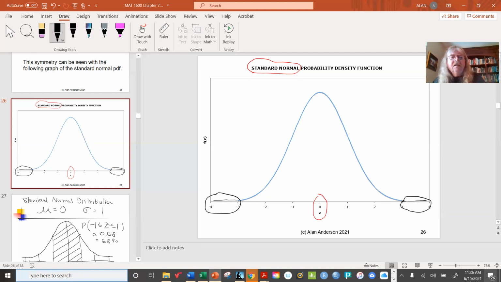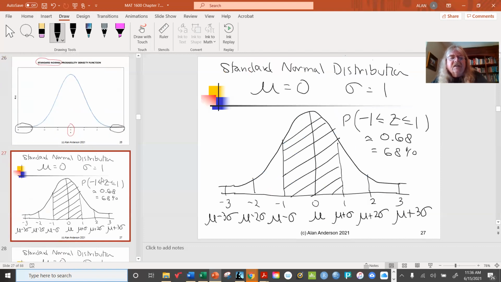All right, so based on the way this curve is defined, we're going to see a few graphs here. Now, this is the standard normal distribution. Remember, the mean is 0 and the standard deviation is 1. So you see what I've done down here on the bottom. These are the actual z-scores. 0 is in the center because that's the mean. And then these other numbers, of course, are 1, 2, and 3 on the positive side, -1, -2, -3 on